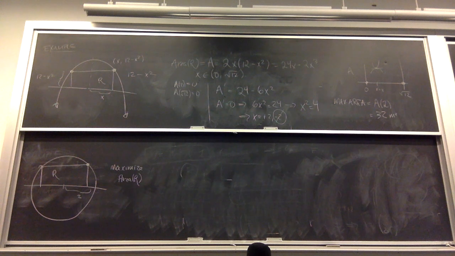You need to take 2 minus x to get this part and 2. So 4 minus 2x to get this length times the width. And then this is just width, and then this is going to